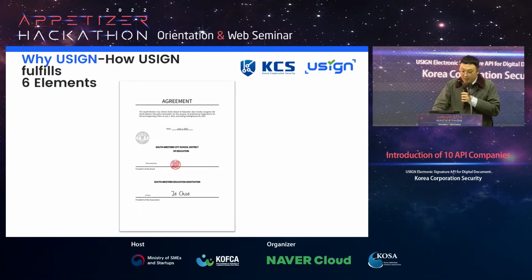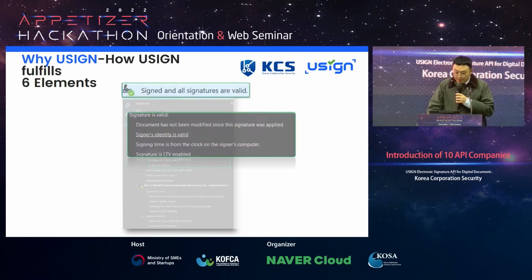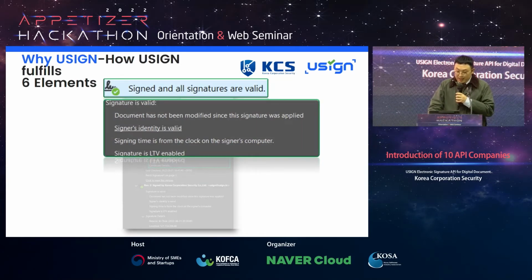Then let's have a look at how we fulfill the 6 must-have elements we listed. This is the uSign document. As you can see, uSign checks the signature validity each time the user opens the document and shows it on the signature panel. If the document has been edited or changed after signing, the panel will change into a red sign